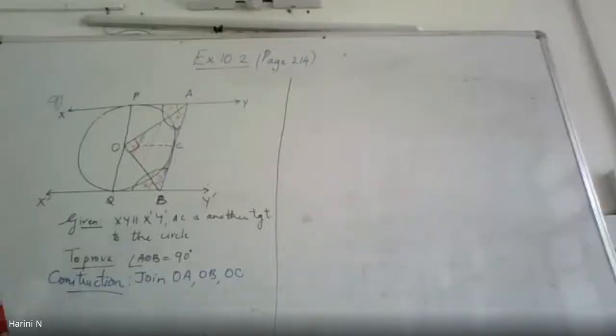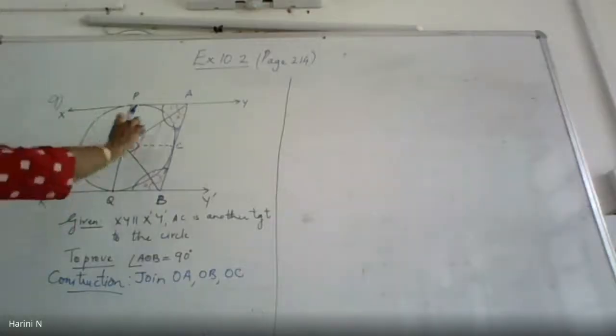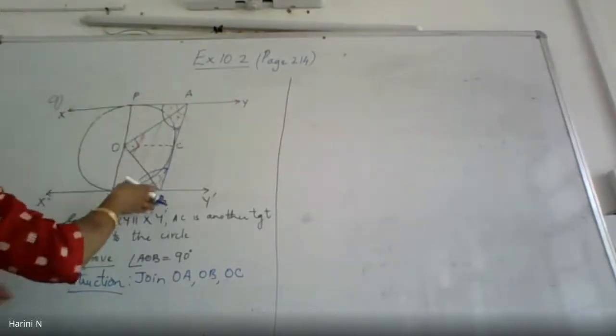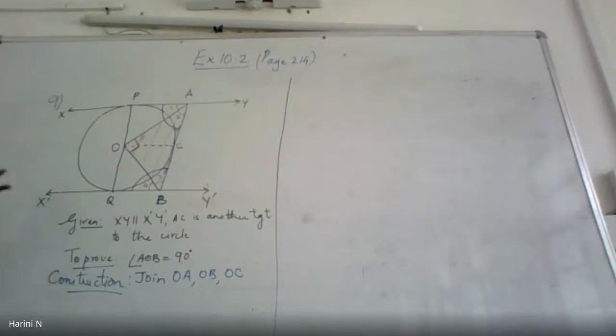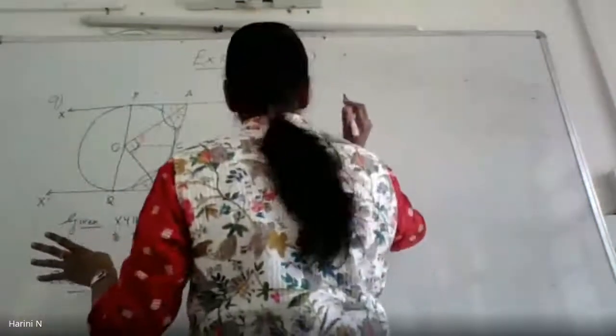Now we will start. Ma'am, OA and OB are already joined in the figure. Only OC is joined in the figure in the textbook. That's okay. Actually, that is not a part of what is given to me. I have only two tangents, the third tangent given to me. So OA and OB is actually a part of construction. If you want to write it, you write, otherwise no problem. Because the figure need not be given every time.